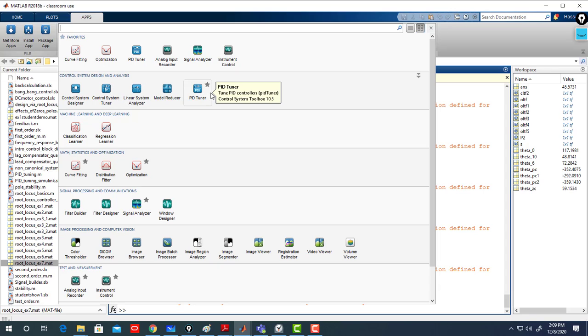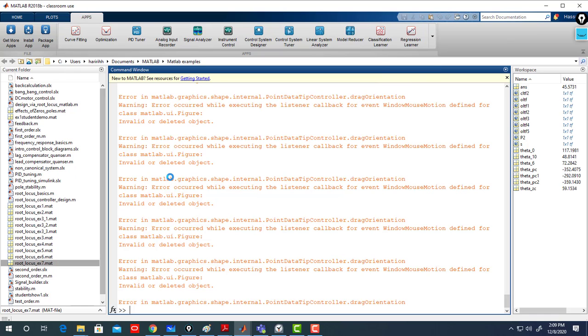You have PID Tuner, which later on, maybe in the advanced PID architecture, we can look at. Model Reducer, we don't look at. Linear System Analyzer, we may look at it later. Control System Tuners, I also invite you to go and look at them at this point. But now, in this chapter and the chapter after, we should focus on the Control System Designer app. So I click on it,